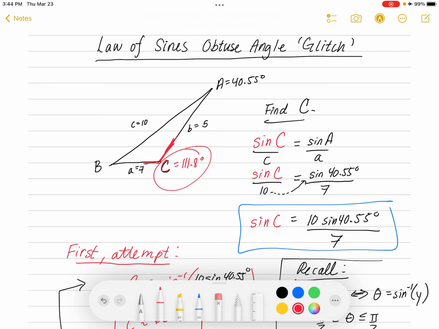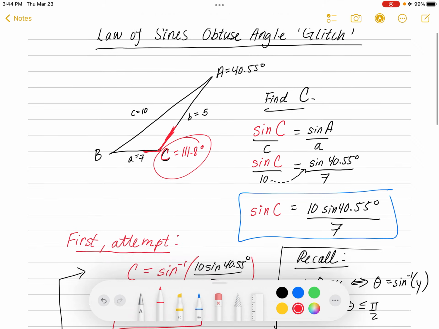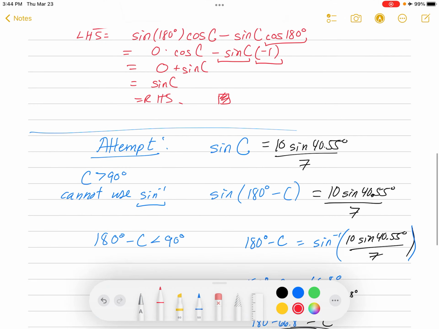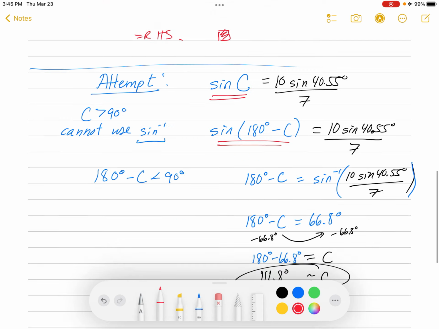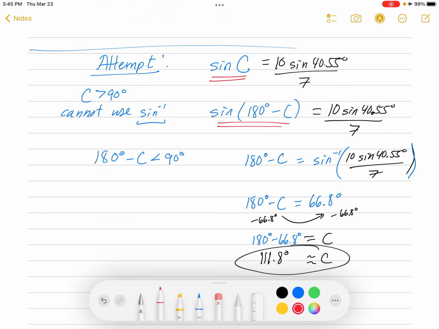So if you're going to use the law of sines to find an obtuse angle, an angle greater than 90 degrees, you're going to have to perform this trick where you replace the sine of C with the sine of 180 minus C. If you want to avoid this kind of complication, you can just use the law of cosines. In the law of cosines, you don't have to ever worry about obtuse angles, because for cosine inverse, your angle can be from 0 to 180, from 0 to pi. So the law of cosines avoids this complication entirely, so you can always go to that if you don't want to